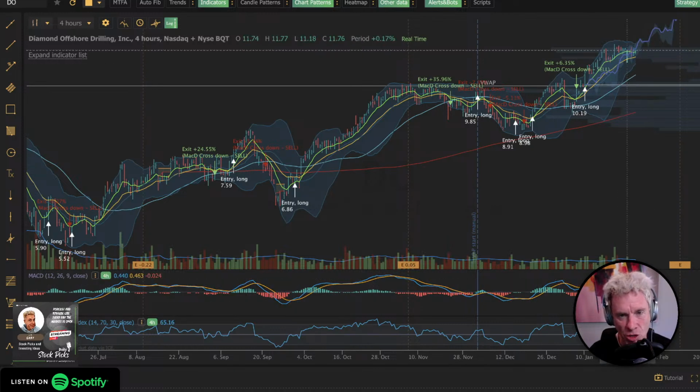That indicates that maybe you're starting to get a button hook here. It's still kind of on that 9-day. It's not above the 9-day. I would say if we pull back to 11.50 or so and you get closer to that 21, you might want to cut it loose. But it doesn't show any confirmation of a huge button hook. Their earnings are coming up on February 10th.